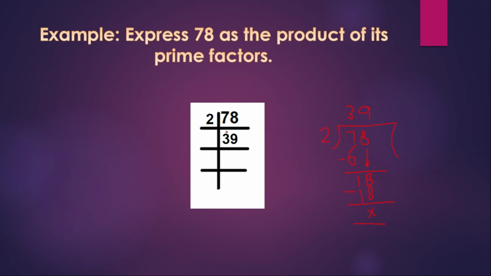Next step will be, we have to take the number again which is divisible, the prime number which can divide 39 completely, and 39 is the odd number, so we can't divide it by 2 because 2 wants an even number or the number ending with 0. So as it is an odd number, let us see it will be divisible by 3 or not. So what is the divisibility rule of 3 children? We have to add the digits. That means 3 plus 9 will be 12, and 12 is divisible by 3 completely, so that's why this 39 can be divisible by 3 as well.